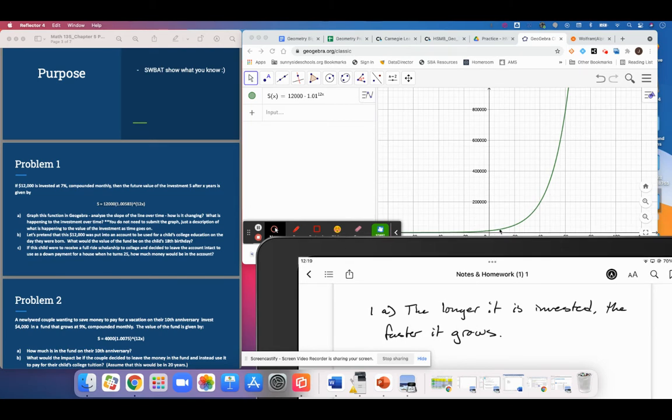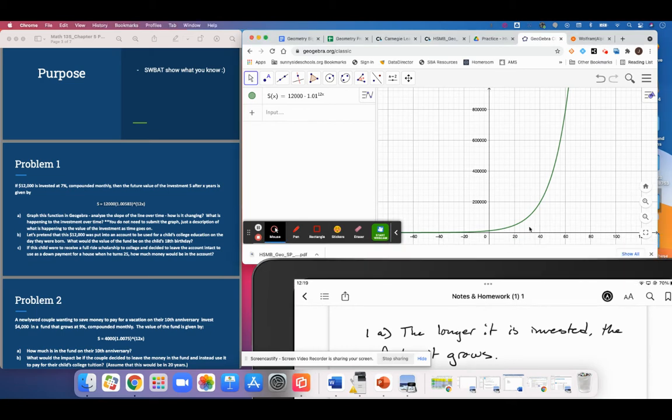Being zoomed out this far, you can see how small the slope is here, or how not steep the slope is down here, to how extremely steep the slope is over here. Here the money is growing slowly. Here the money is growing extremely fast. And so we're going to pretend that this $12,000 was left in an account for a child's education to be used on their 18th birthday. And so unfortunately, we are not talking about the money over here because now it's a lot, like $800,000 in about 60 years. Isn't that nuts that $12,000 turned into